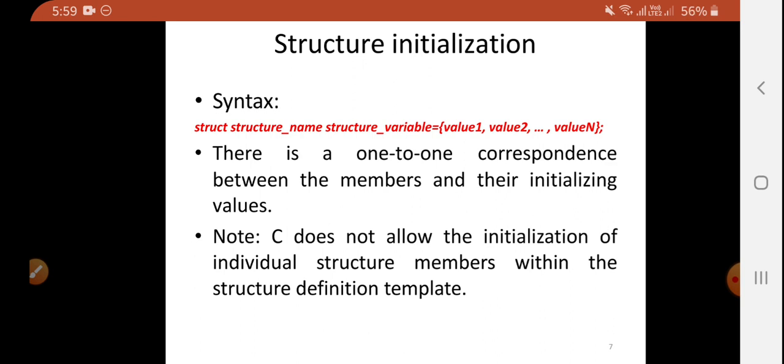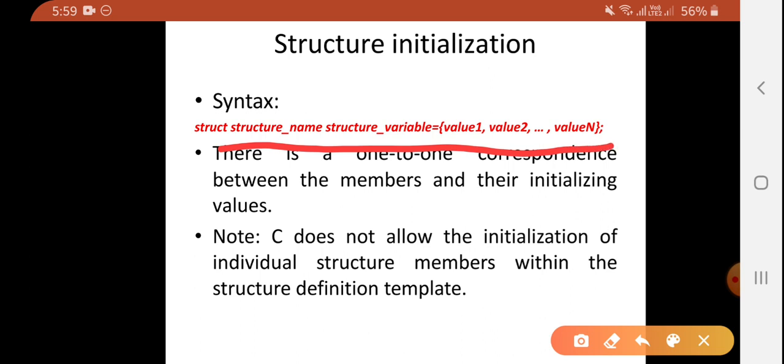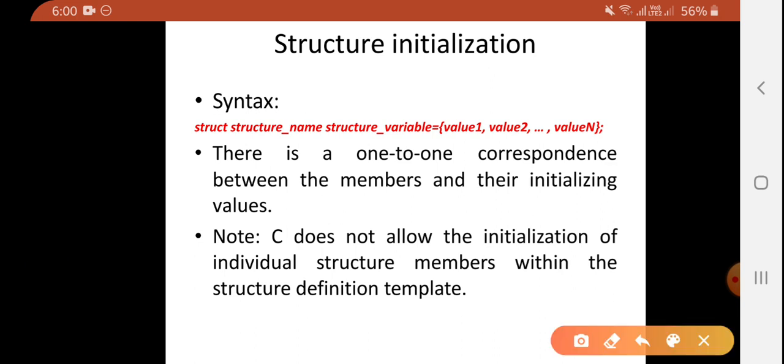For example, struct structure name, space, structure variable, equal to, opening curly bracket, list of values, closing curly bracket and semicolon. Most important is whenever we are initializing any structure, we have to maintain one-to-one correspondence between the members and the values. That is the most important.